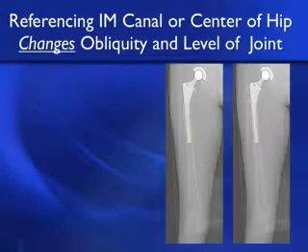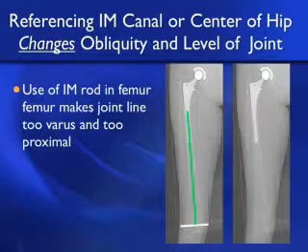So here you can see the complications you can get into if you reference the IM canal or the center of the hip, because it will change the obliquity and the level of joint line depending on the shape of the femur. And here you can see the green line is a simulation of an IM rod, and if the IM rod is properly started and centered up the femur, then it's going to cut the joint line in too much varus and too proximal on the medial side and change the joint line obliquity and kinematically malalign the femoral